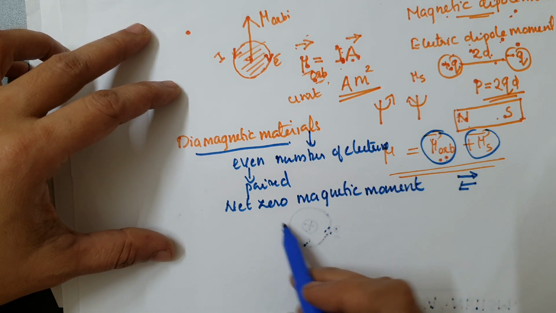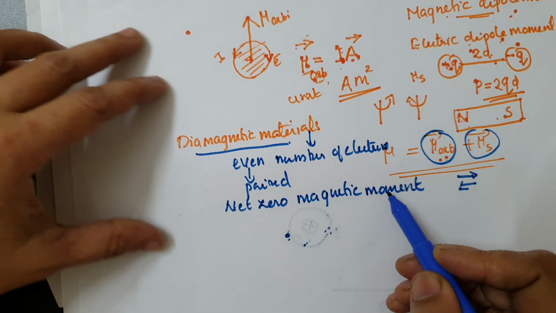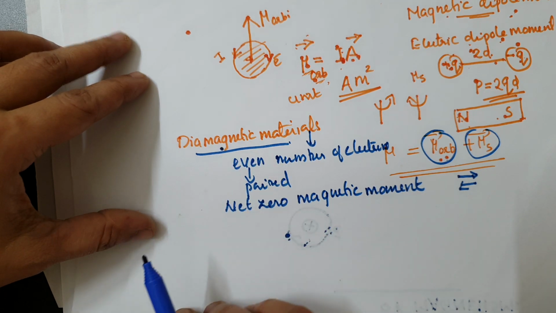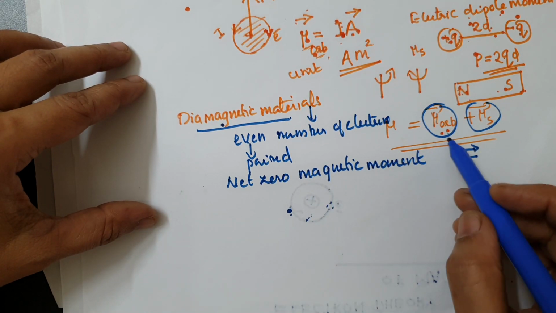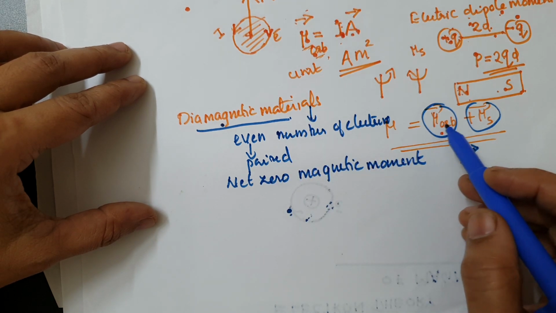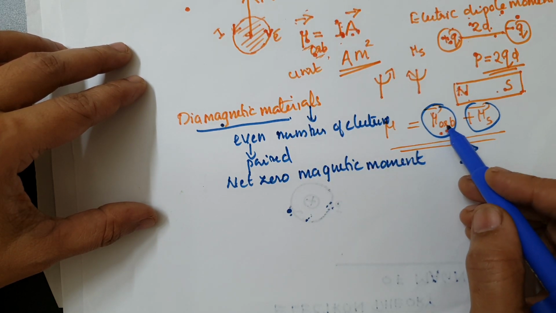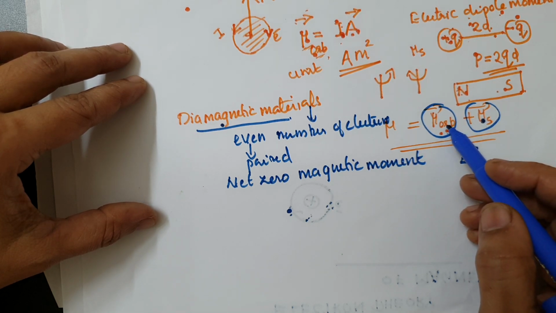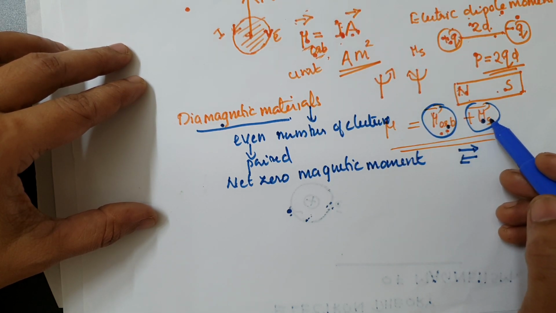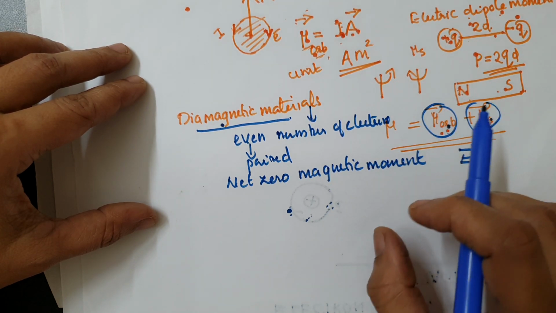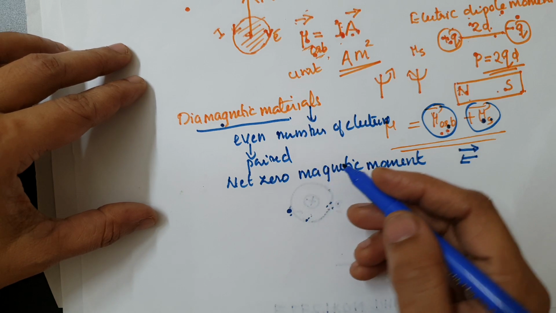Net magnetic moment is zero. That is, net zero magnetic moment in the case of diamagnetic materials. Because according to the electron theory, the atom possesses both orbital motion and spin motion. So in an atom, the electron possesses both orbital motion and spin motion. Both the orbital magnetic moment and spin magnetic moment get canceled by each other, and hence the net magnetic moment will